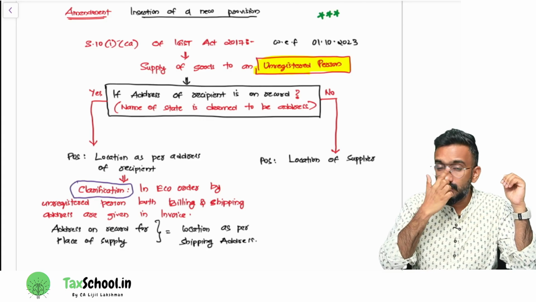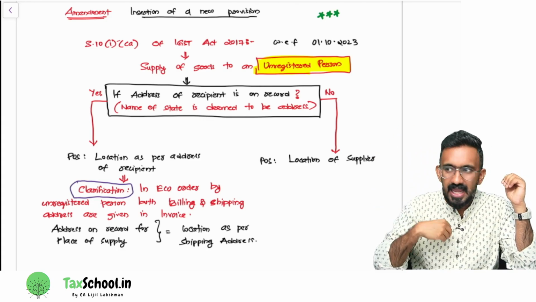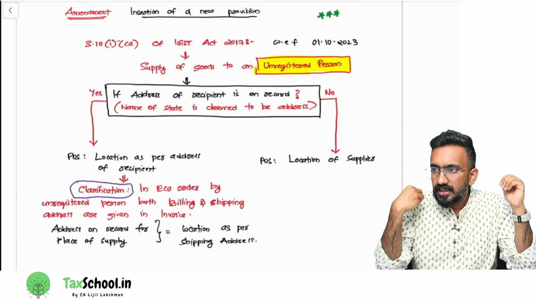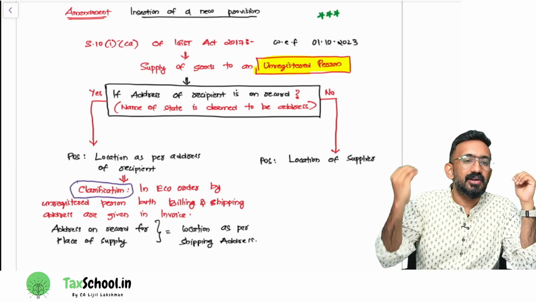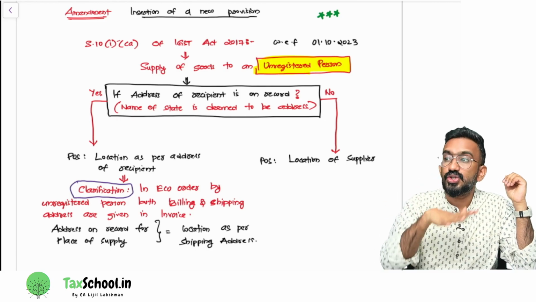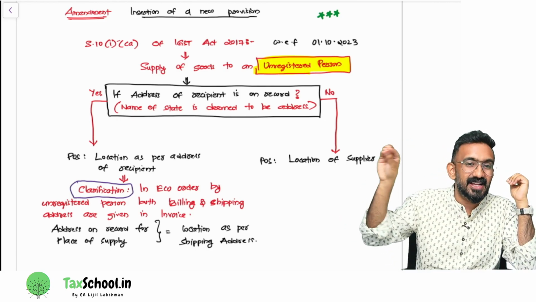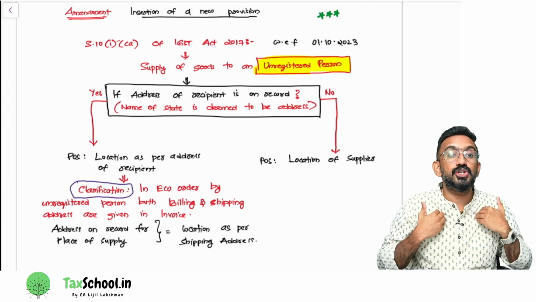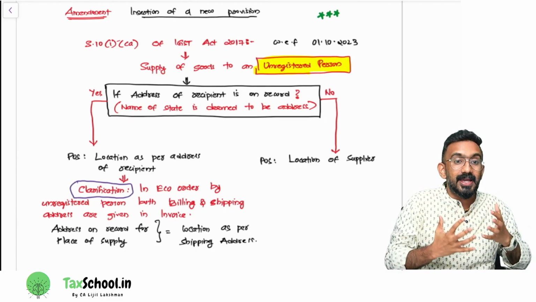If the supply of goods is to an unregistered person, and the address of the recipient is on record, then the location as per the address of the recipient is the place of supply. If the address is not on record, the location of the supplier itself will become the place of supply. Now, as an unregistered person, I have an option to bring the place of supply to my consuming state